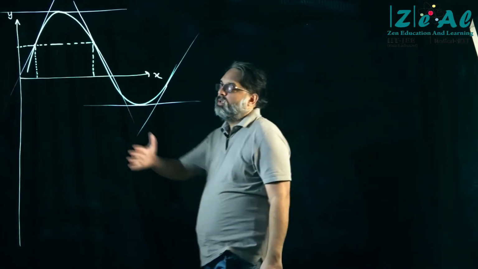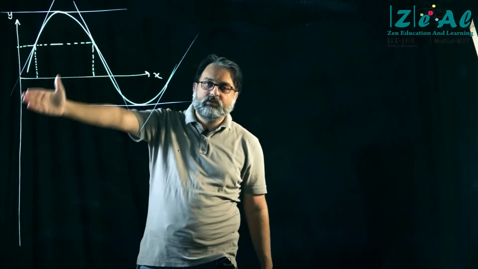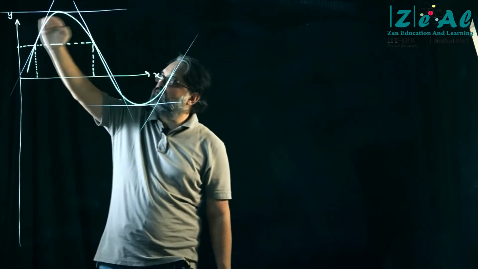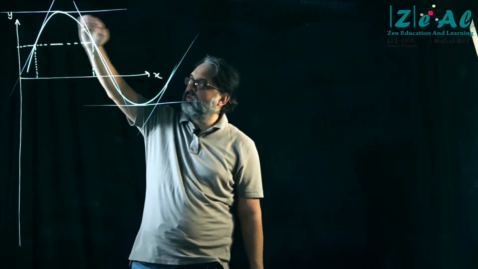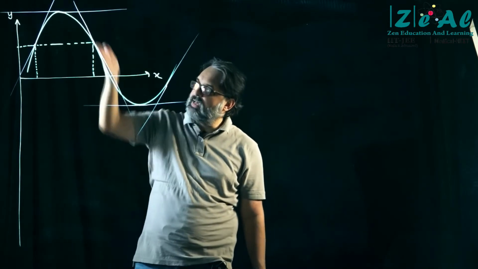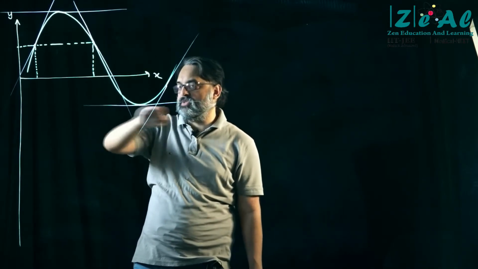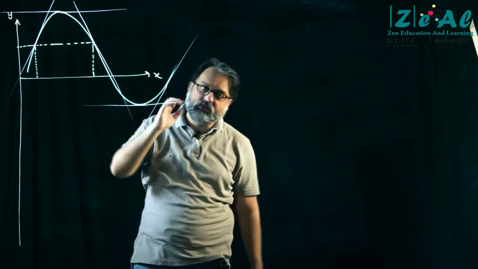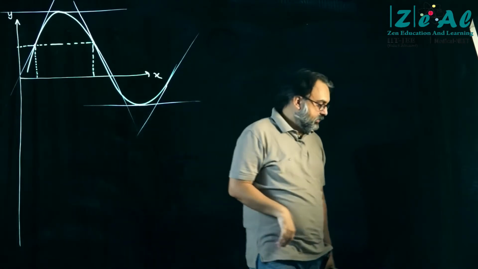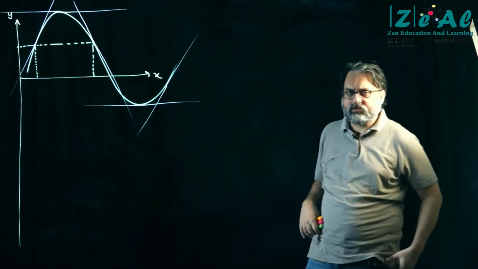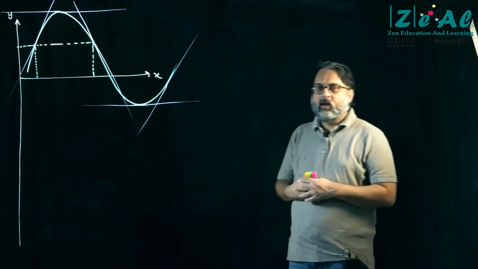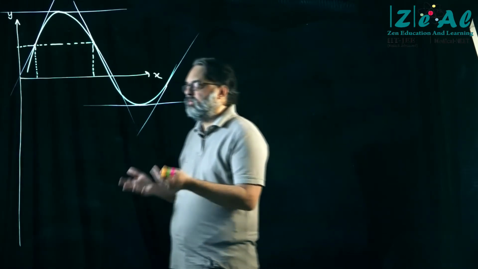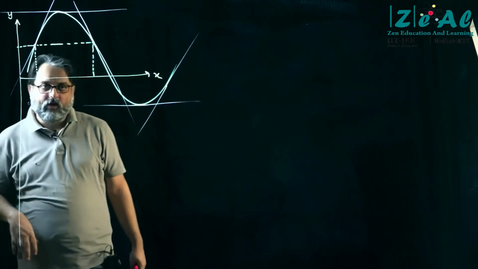Now remember, please remember that this tangent has a positive slope, this tangent has zero slope, this tangent has negative slope, this tangent has positive slope, this tangent has zero slope, and this tangent has positive slope. Right? I hope everybody knows this, positive, negative वाला जो मैंने बताया. अगर x एक्सिस से acute angle बना रहा है तो positive होगा, obtuse angle बना रहा है तो negative. Okay.